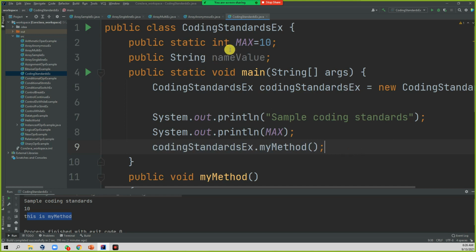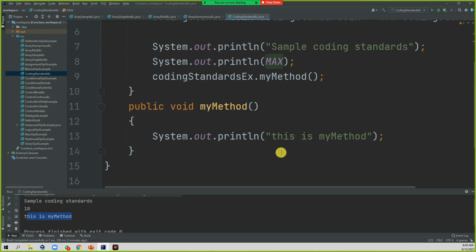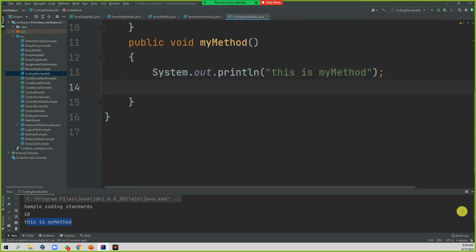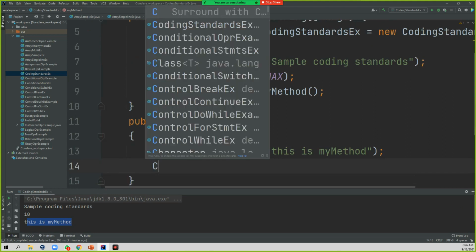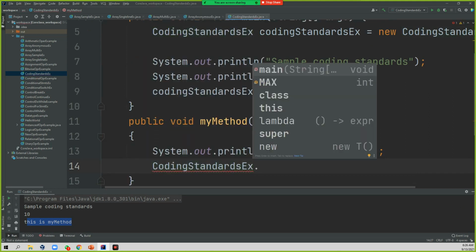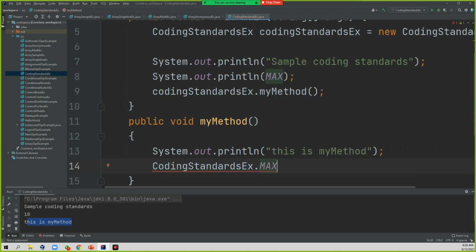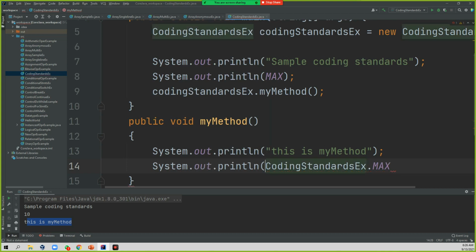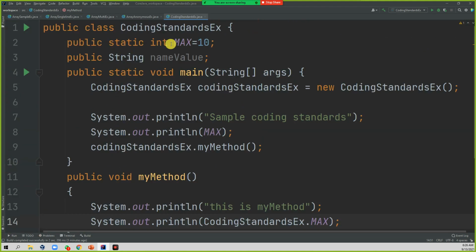That is the easily understandable approach. The next thing is, if I want to use this particular max inside this one, I can use coding standard dot max and print it here with System.out.println. See, this particular max is outside of the method, and it can be used across the class.